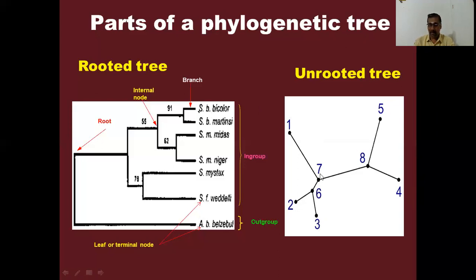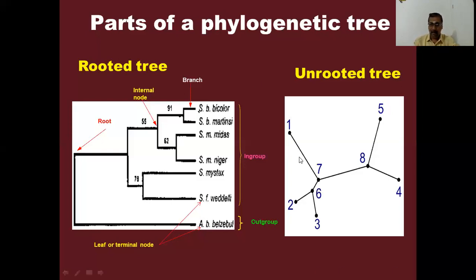These are all leaves. Even 7, 8 is also leaves. So terminal nodes, leaves can be identified. And you can see the branch. Now you can see the branch length is different. Here the branch length is uniform. You can even predict non-uniform branch length. No issues. Branch length is directly proportional to the number of conserved or unconserved characters, right?